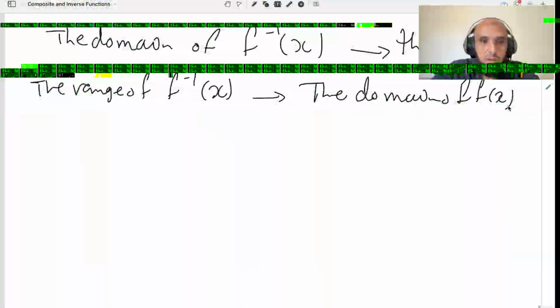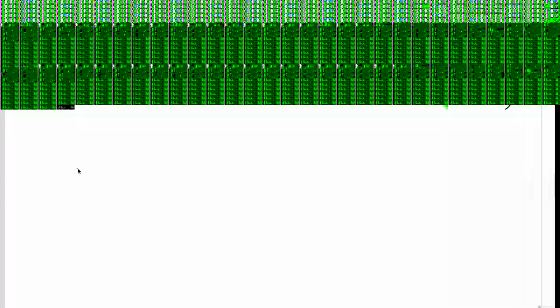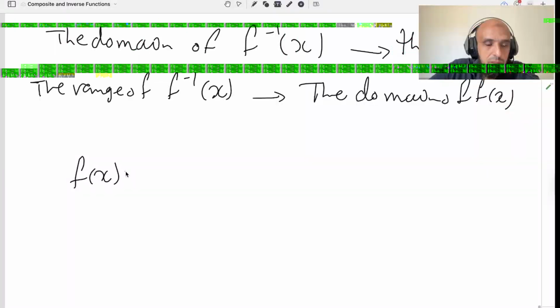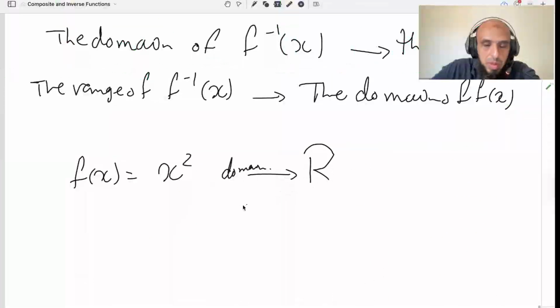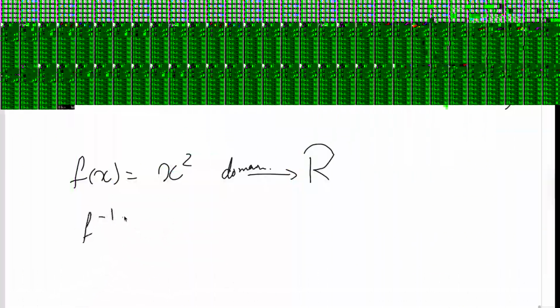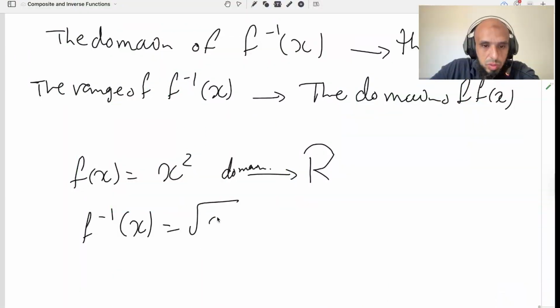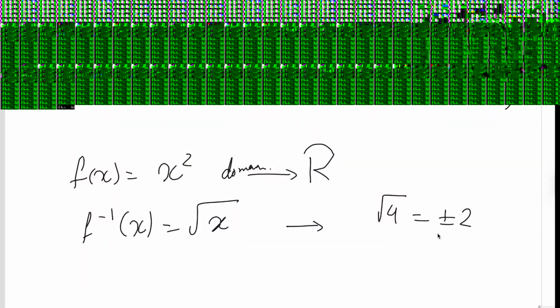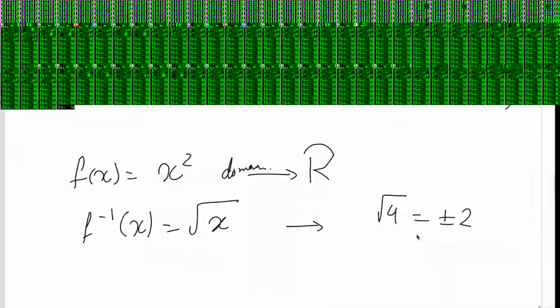For example, if f of x equals x squared and its domain is R, its inverse relation is the square root of x, but it's not a function since it can have two values. For example, the square root of 4 is equal to positive or negative 2. So in that case, the inverse relation is not